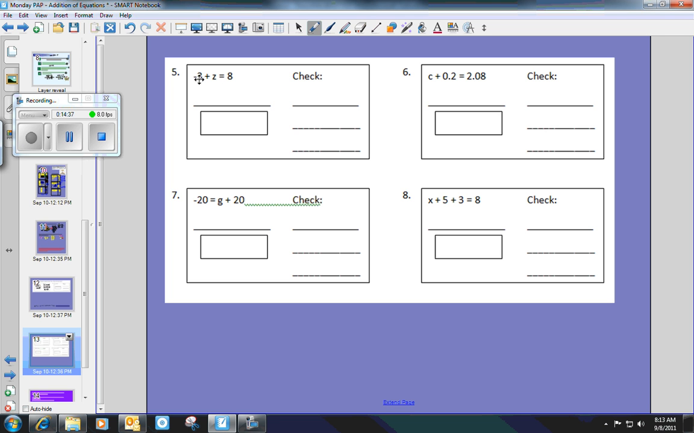And to get negative 3 to be 0, I'm going to have to put positive 3 with it. Even though there's an addition sign here, to get rid of negative 3 and make it 0, I have to put a positive 3 with it. So I'm going to add 3 to this side